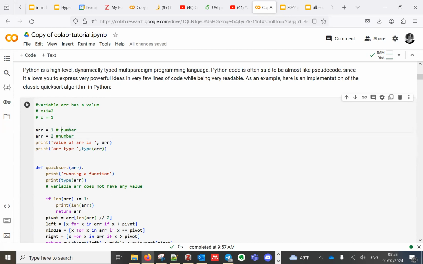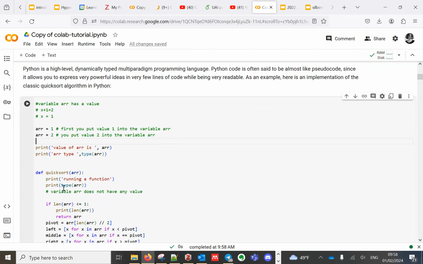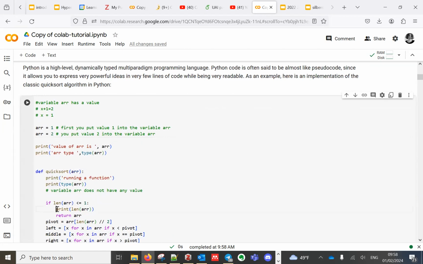First you put the value 1 into the variable ARR, and then you put the value 2 inside the same variable. The computer will take the latest value that you assigned to your variable. That's a very important thing to remember.